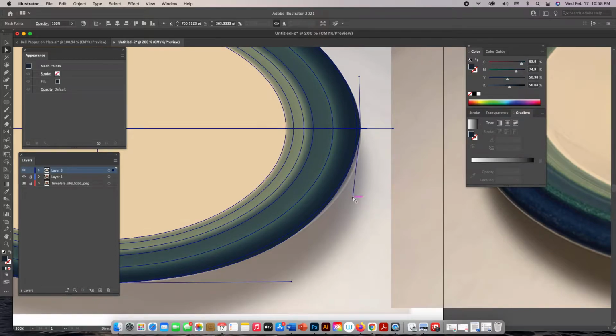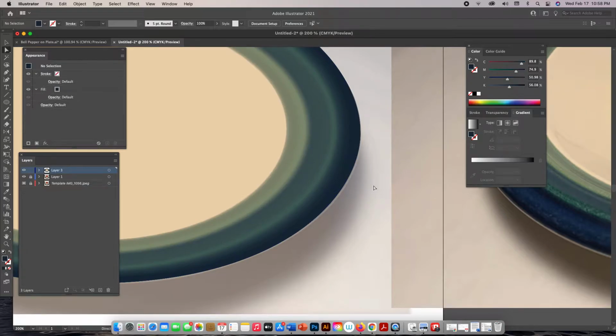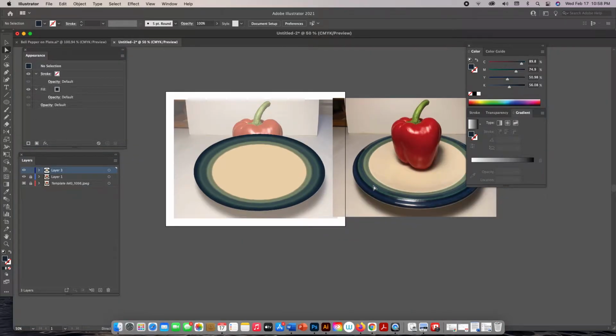Both of these. There we go. Remember, you've got to drag over both of them. We just want to drag that out there so it has a nice shape. Now let's zoom out. Okay, now, in order to make this look like it's in perspective, we're going to need